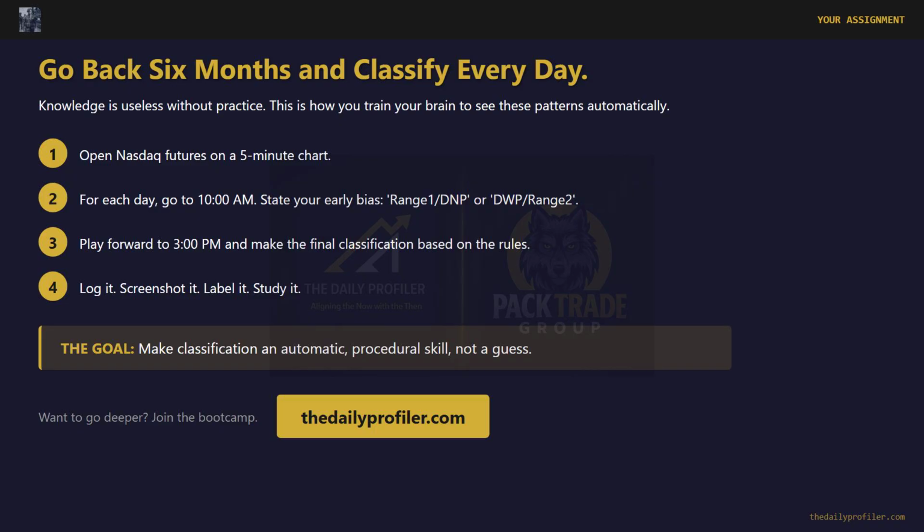Step 3. Play forward to 3 p.m. and make the final classification based on the rules I just taught you. Range 1, DWP, DMP, or range 2. Was your early bias correct? What changed? Step 4. Log it. Screenshot it. Label it. Study it. Build a library of examples for each of the 4 day types. Do this for 6 months of historical